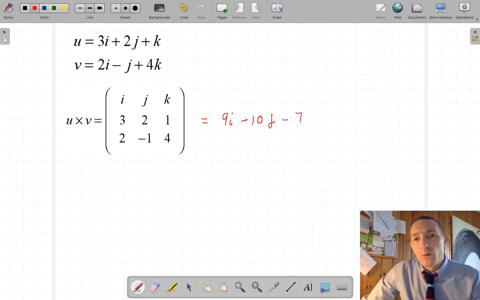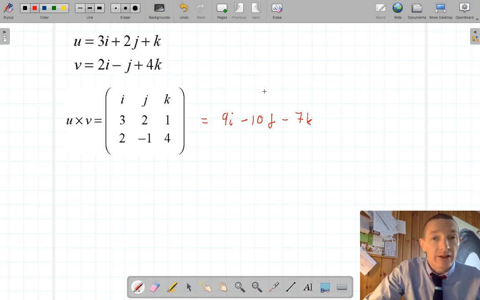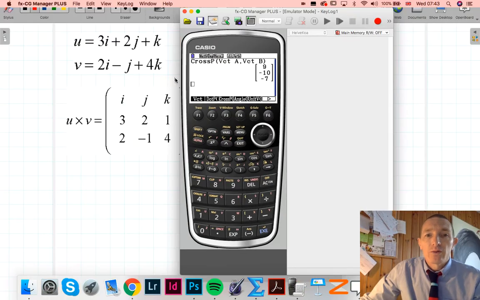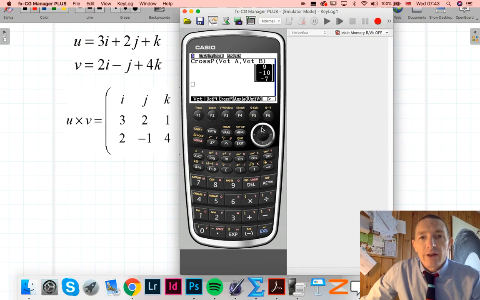Now, you will find that quite a lot of vector questions are non-calculator, so you're not going to be using this, but it is a good check if you've got a calculator question. And of course, we've got other things up there as well. So if I go up here, I will do the same process, but it's quite lengthy. So if I want to work out the dot product,